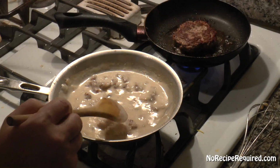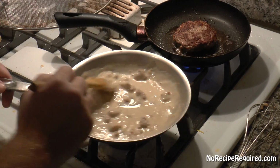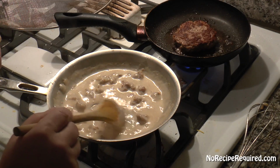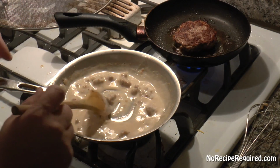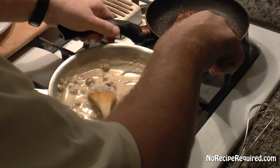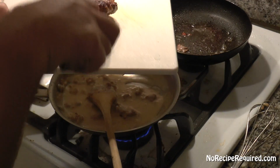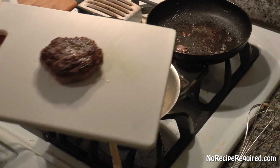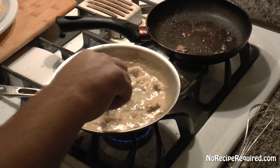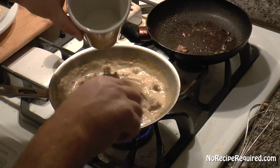I've got our burger, I flipped over, put the cover on so it doesn't splatter everywhere. We're almost done with that, so I think I'm going to cut our bun, biscuit, and we'll serve this guy up. Okay, our burger's done, so I'm going to go ahead, take it off the plate, let it rest on a clean cutting board for just a couple minutes, and we'll finish off our sauce by checking the thickness one more time. I'm going to add just a touch more milk,